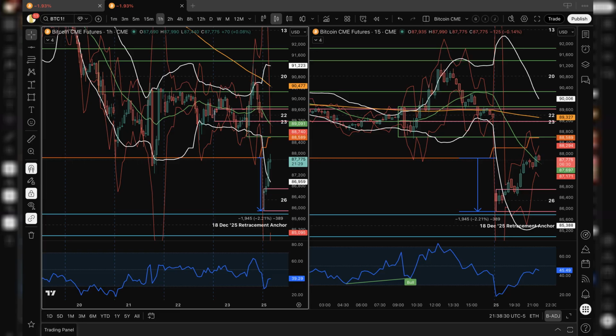In that case, price may continue oscillating between these two references, revisiting them multiple times as volatility alternates between brief expansion and contraction. This type of behavior reflects balance seeking rather than trend development. Structure remains unresolved, and price continues to explore value rather than define it. If, on the other hand, price fails at the weekly 120 moving average and later loses the Asia session anchor to the downside, then structure opens toward deeper separation from the weekly reference. In that scenario, attention naturally shifts back toward lower US session reference zones that were previously tested but not accepted.